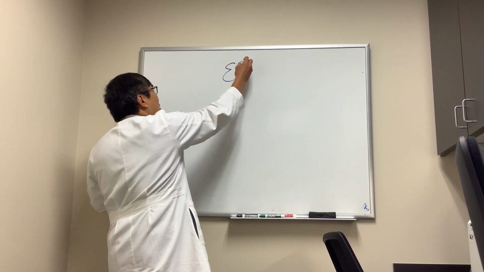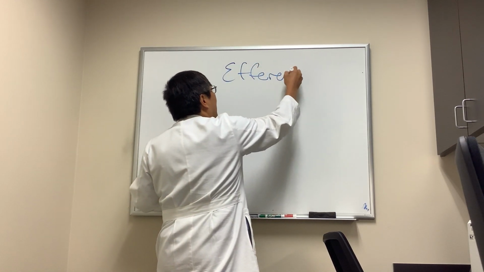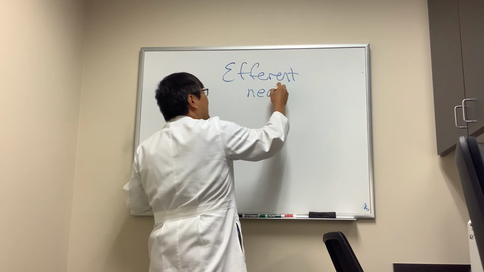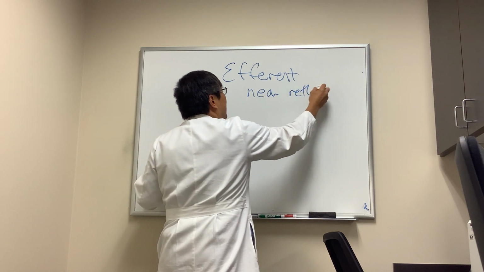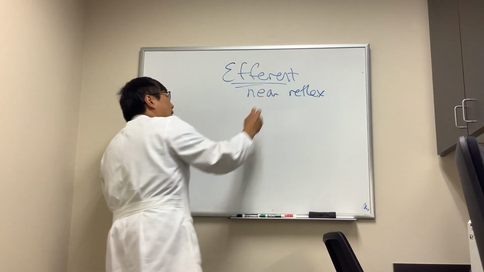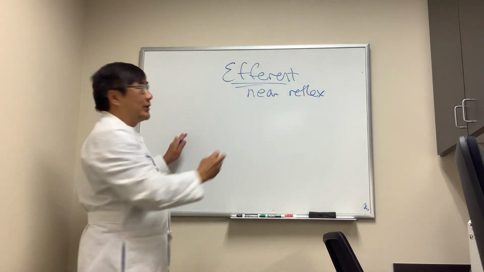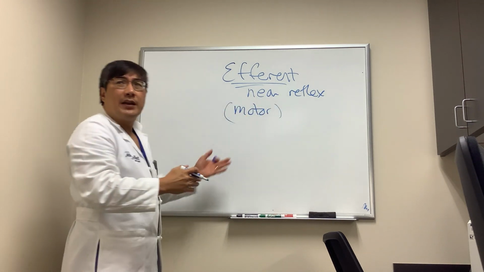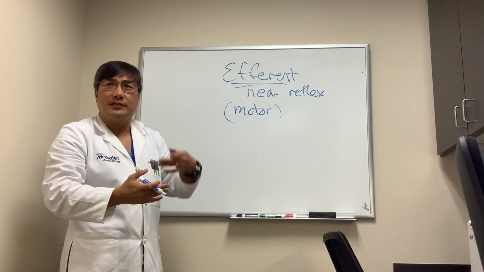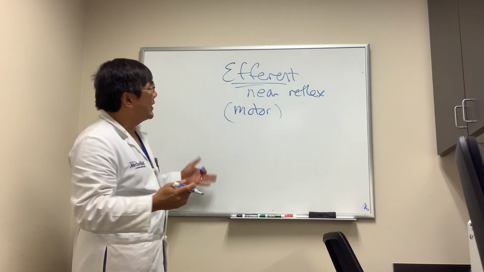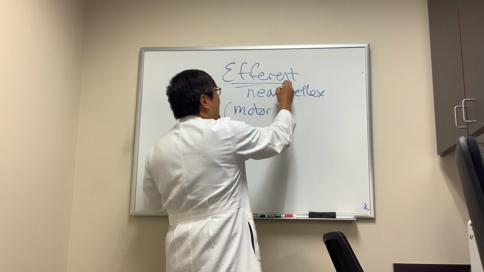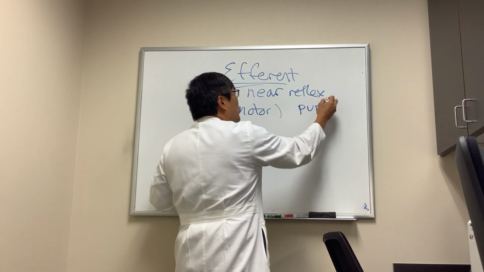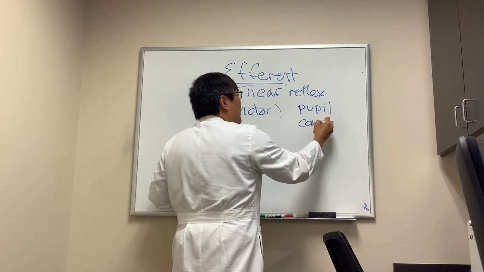So someone wanted to know about the efferent pathway for the near reflex. And the near reflex is efferent, and that means it's a motor pathway only. Motor. It goes from your brain to the target organ. There's no afferent part of this. And why that's important is because when we're talking about the near reflex, we're talking about pupil constriction, but also